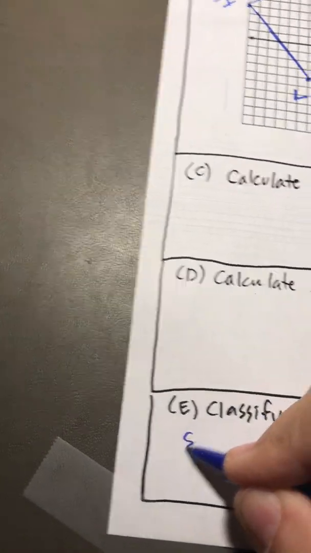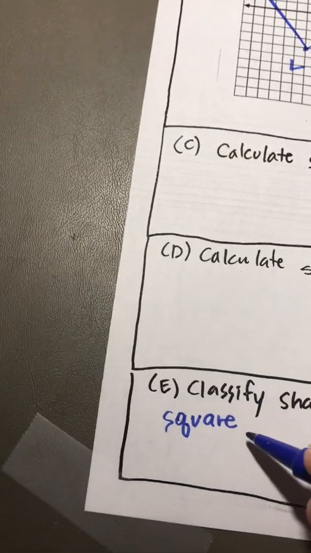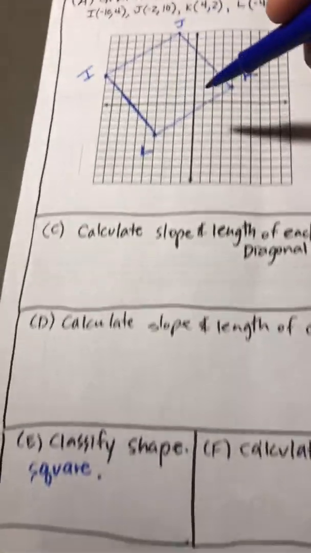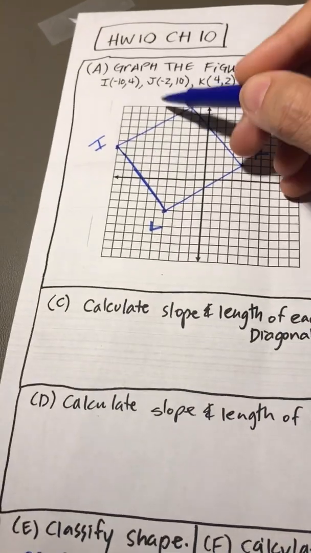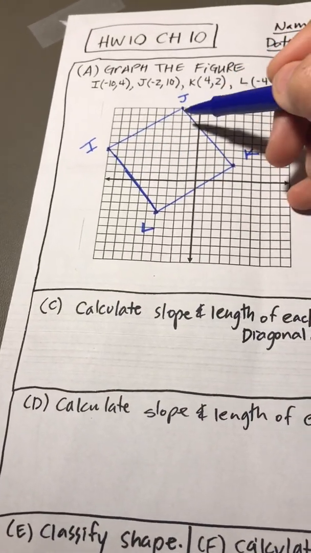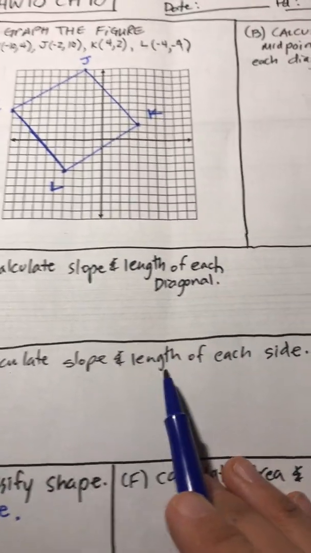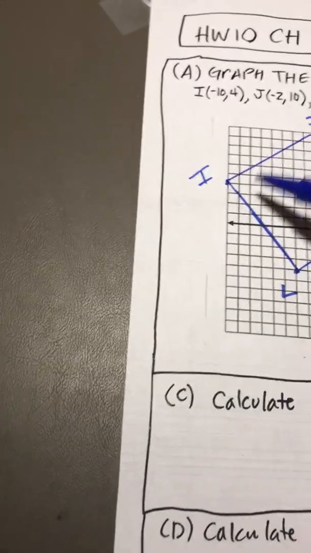The first thing I have to do is classify the shape. So I actually think it's a square, and then there's a couple ways we could prove that, but that's my guess. Now to clarify that, I think to be a square, we defined in class that all of these sides have to be equal, and all of these angles would have to be equal to 90. So I think I could start here, the length of each side, and it doesn't matter what order,